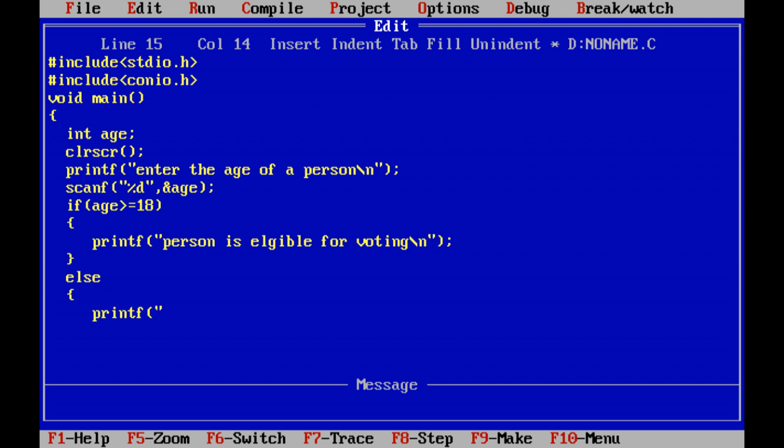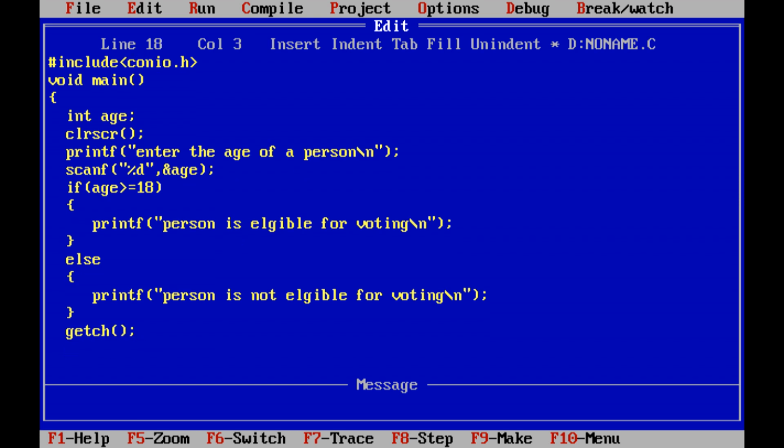The statement within the else block is person is not eligible for voting. Now else block close. After that we have to write getch. Next main program close. Okay.